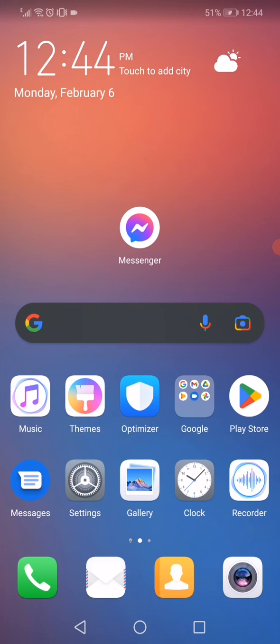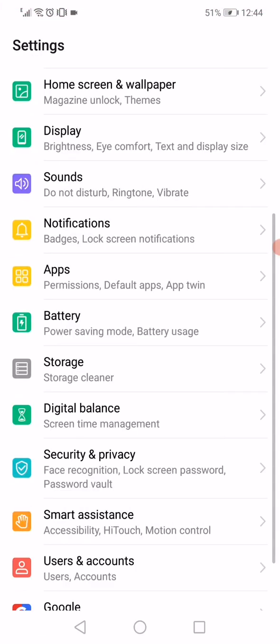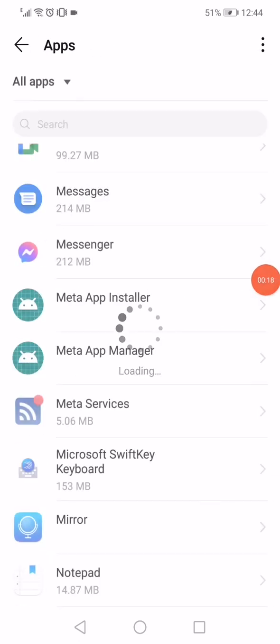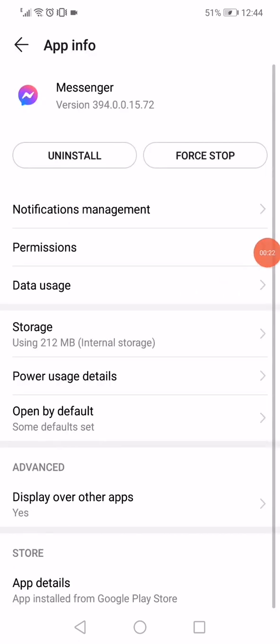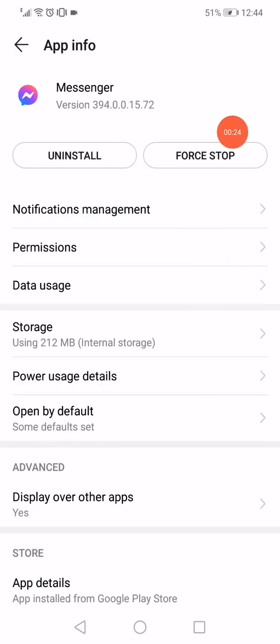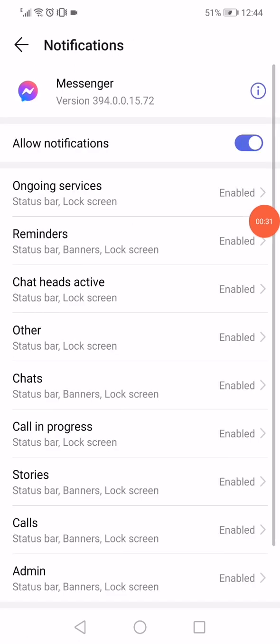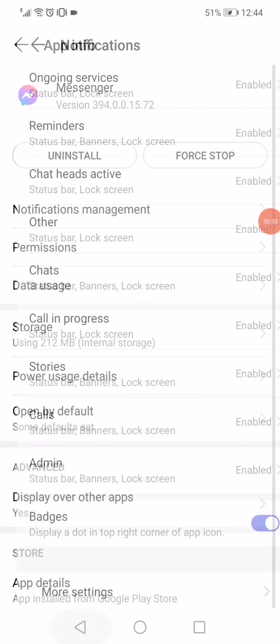So the first thing you want to do to fix the notifications in your Facebook Messenger is go to the settings, and then go to the apps, click on Messenger, and now click on this option here. It's called force stop, to stop the app. Then go to the notifications, enable all the notifications, go back,